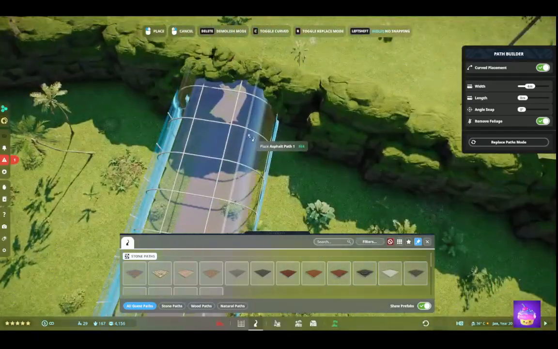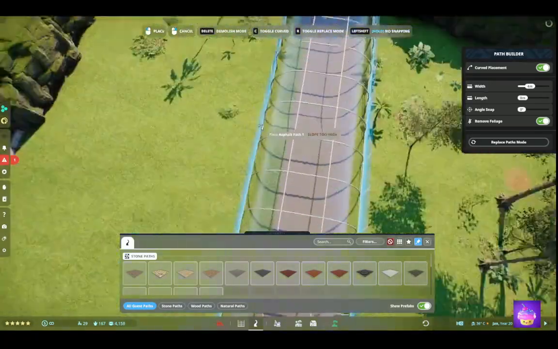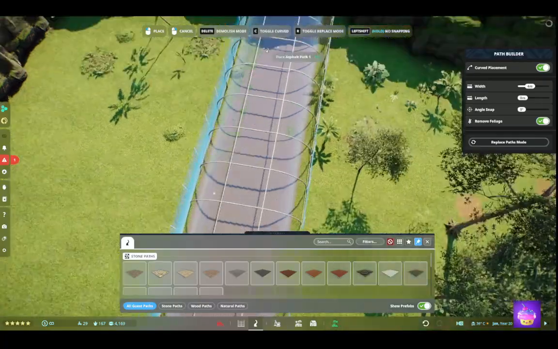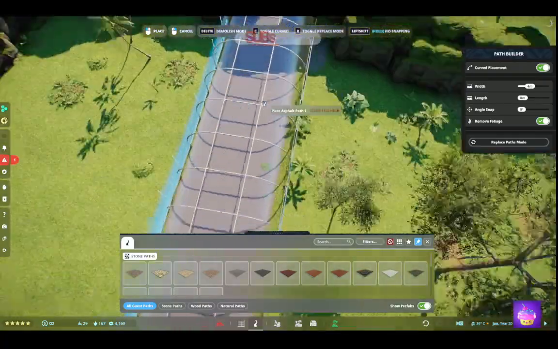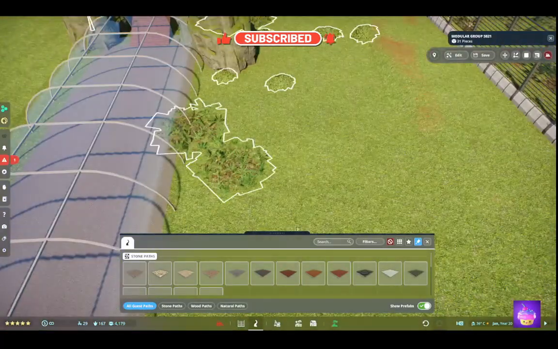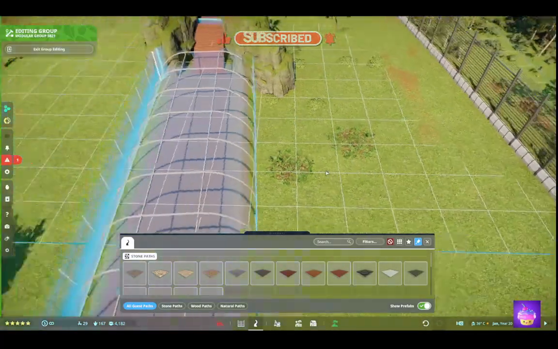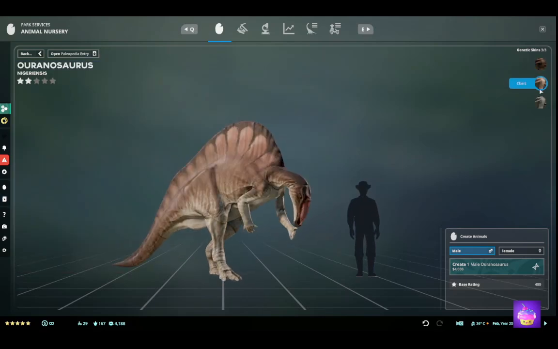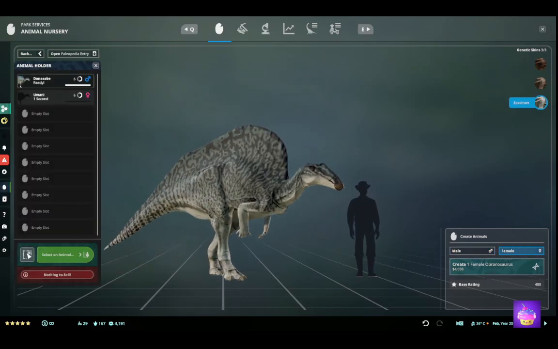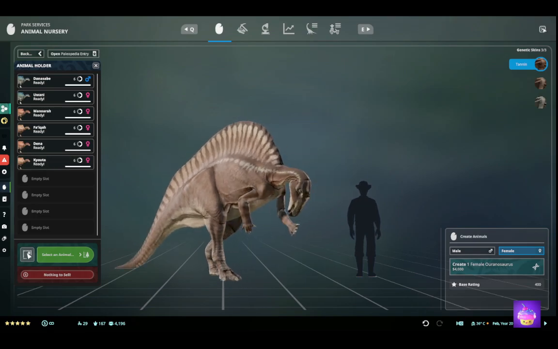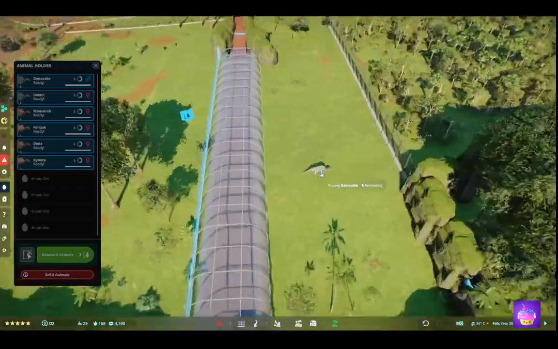Then I thought, you know what, I'm gonna widen the path because I don't want it to be too cramped in that one little section. Then after I did this, I thought, you know what, I'll put the dinosaurs in now and see what they need, because I didn't actually look at what they need. So I did 1 male and 5 females,